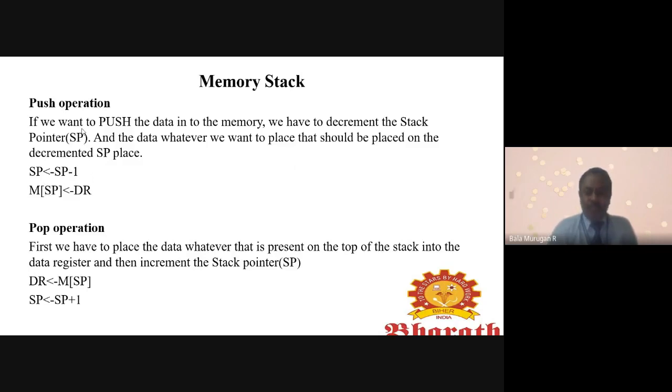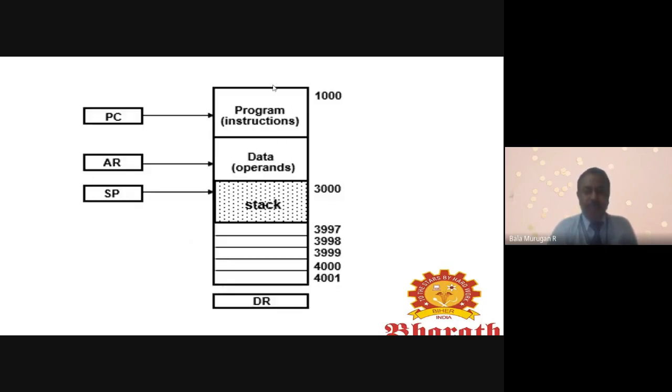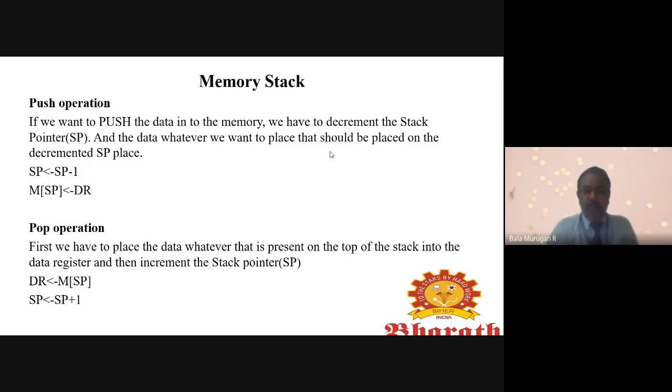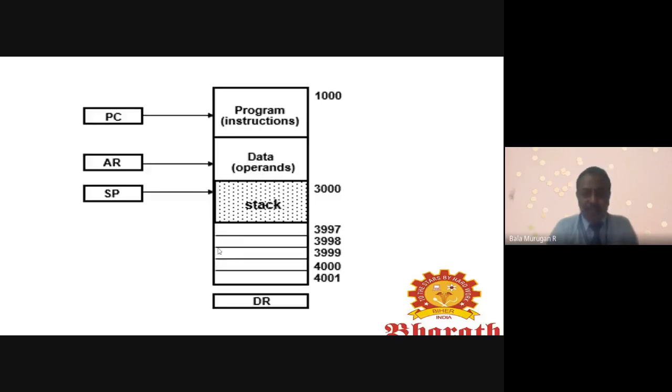Push means, if you see this diagram, we are going to insert the data, so the stack pointer will be decremented. Assume the stack pointer is here, for example at 4001, then 4000, then 3999.